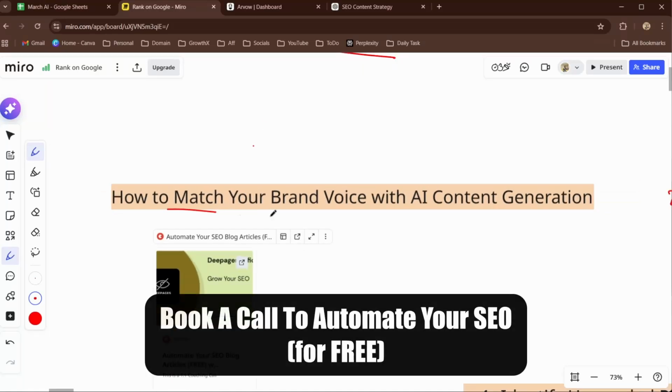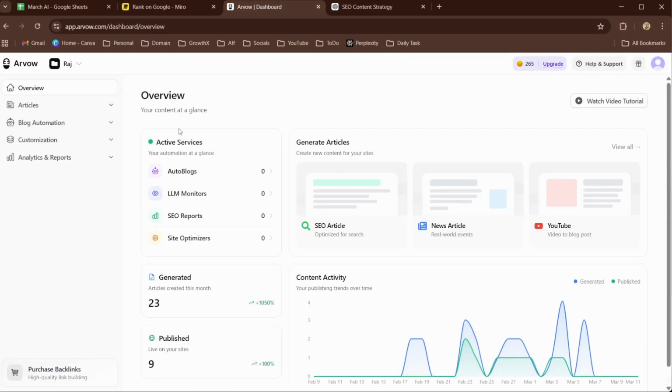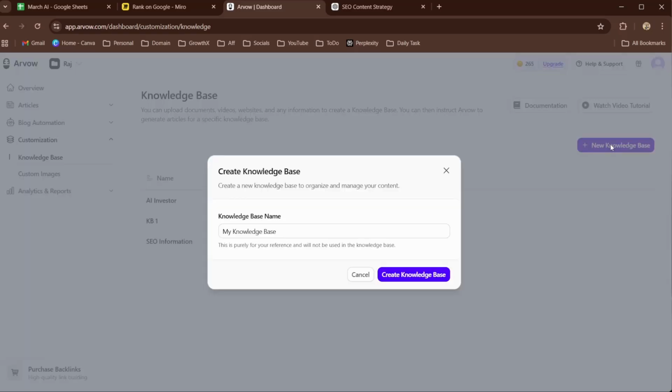Okay, here is how to match your brand voice with AI content generation. So what you're going to do is, I'm using Wow AI. Here, I'm going to come into the customization, and under the customization I have knowledge base. Click on new knowledge base, and here I'm just going to give my website, which is